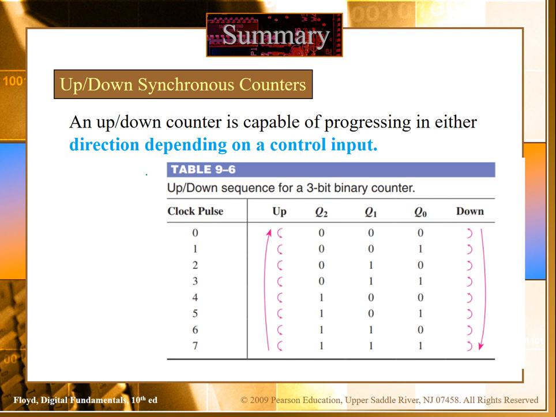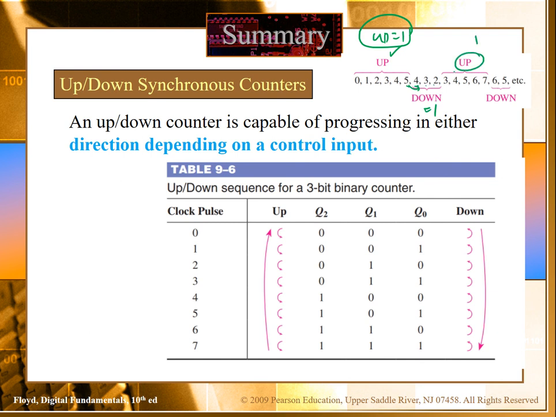Basically, in up and down counters we have an additional control input. For example, you want to count up. When your up signal is high, you will be counting up: 0, 1, 2, 3, 4, 5. And when your down signal is high, you will be counting down: 5, 4, 3, 2. Again, when the up signal is high, you will be counting up: 3, 4, 5, 6, 7. Again, when the up signal is low, you will be counting down. So we can derive similar logic as we did earlier.